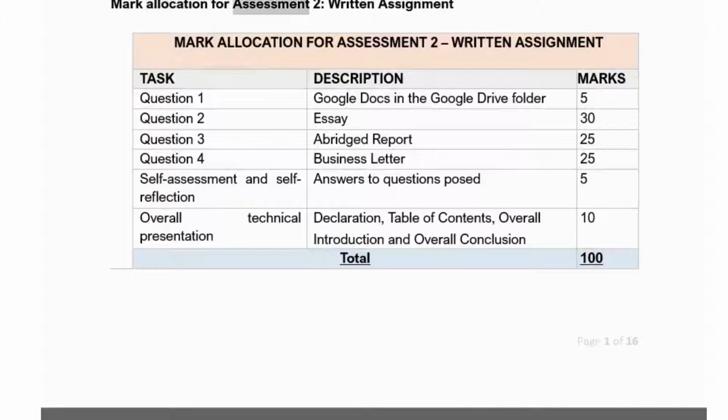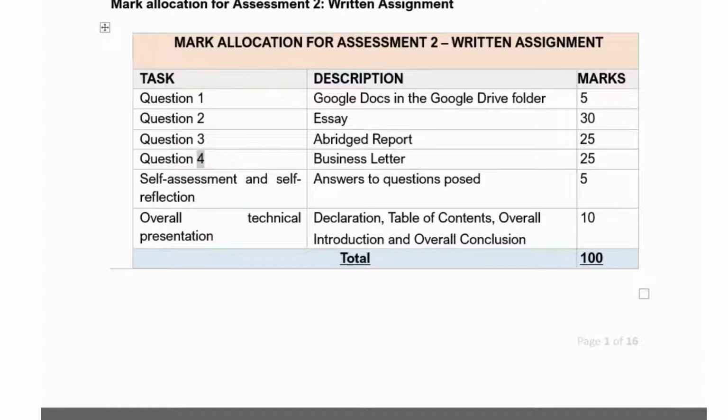Mark allocation for Assessment 2, Written Assignment. Task, description, marks. Question 1, Google Docs in the Google Drive folder, 5. Question 2, essay, 30. Question 3, abridged report, 25.